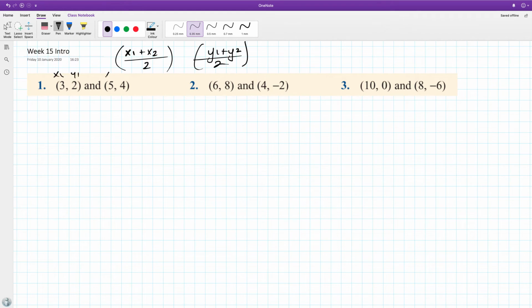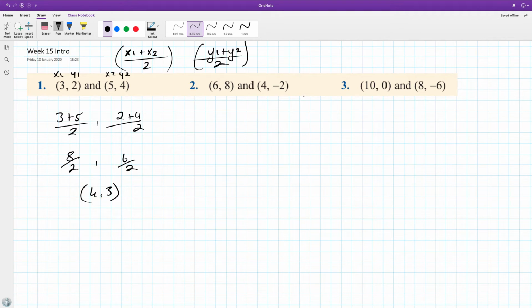X1, Y1 and X2, Y2. So that is X1, which is 3, plus X2, which is 5, over 2, and Y1, which is 2, plus Y2, which is 4, over 2. 3 and 5 is 8 over 2, 2 and 4 is 6 over 2,